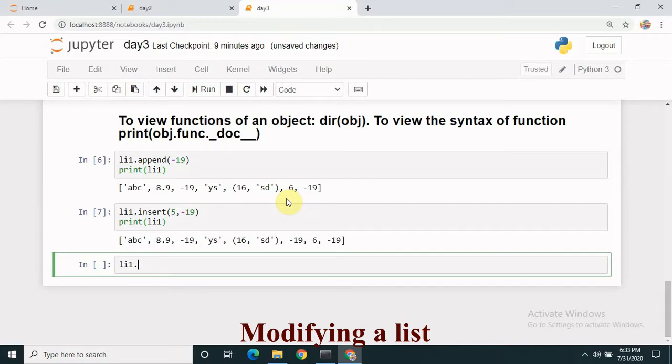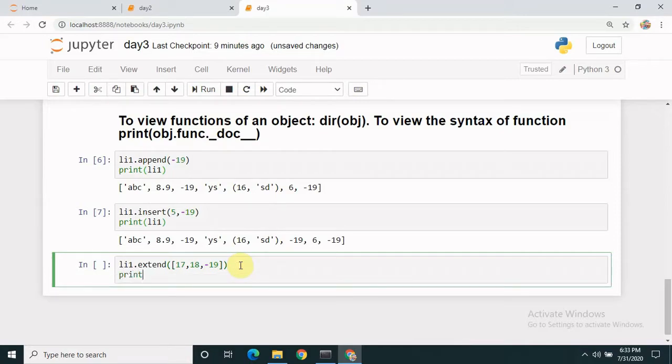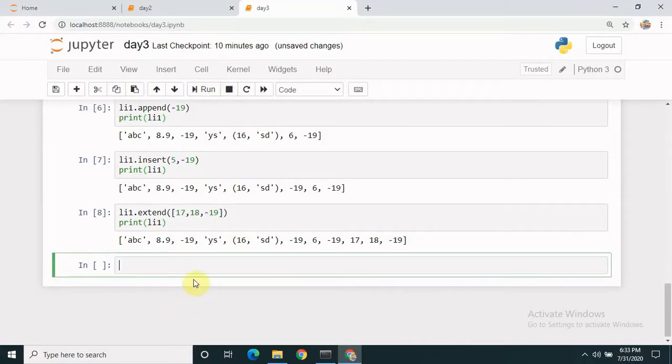So I write li1.extend([17, 18, -19]). Okay, so here you go.